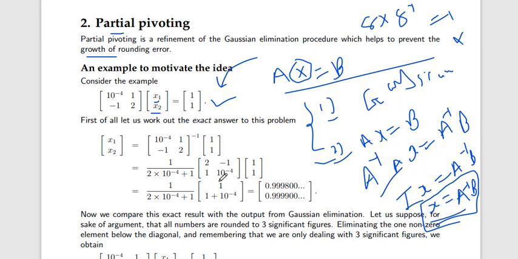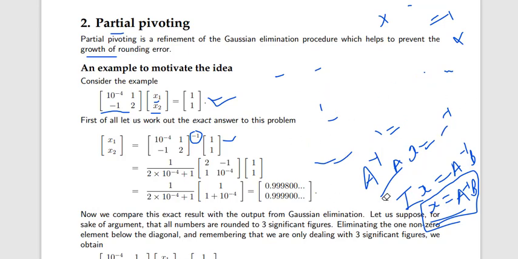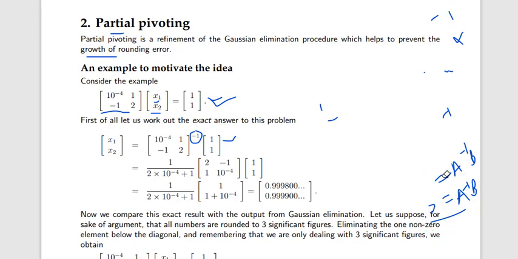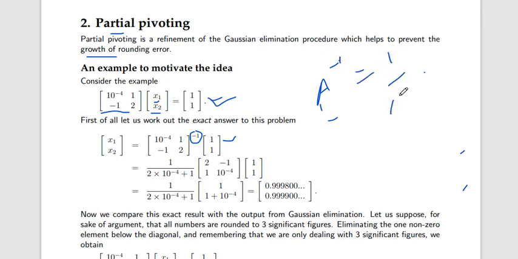So x is equal to A inverse b. Here A is this matrix, and x is equal to A inverse into b. So now, how do we find A inverse? In matrix revision we talked about how to find the inverse of a matrix. What is the equation of the inverse of a matrix? A inverse is equal to 1 upon modulus of A, and if A is equal to a, b, c, d, then